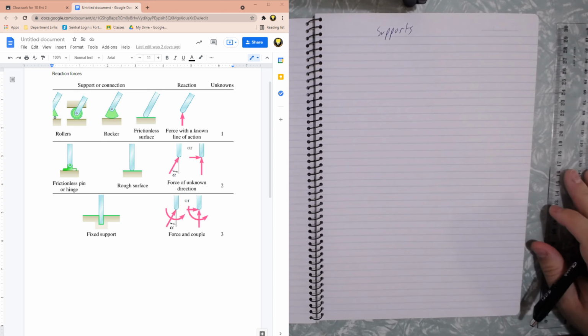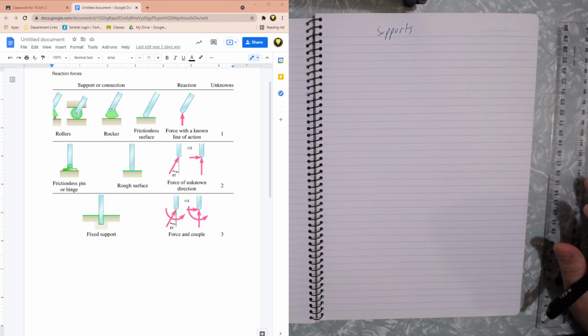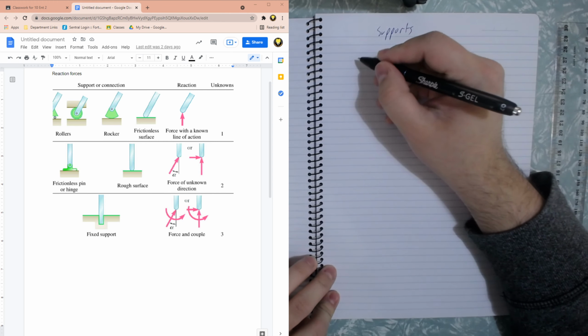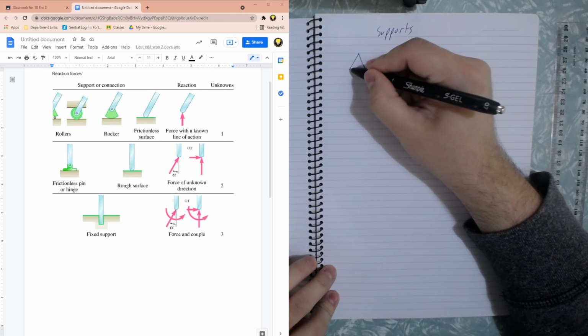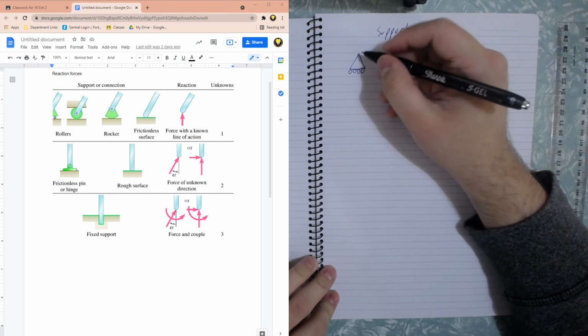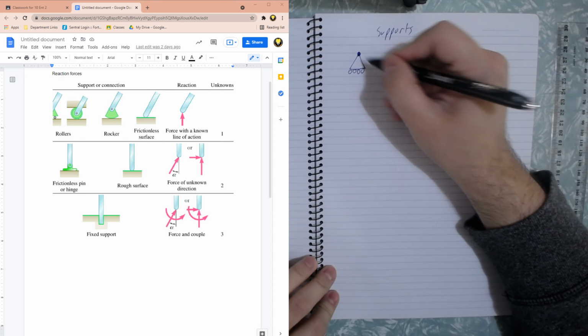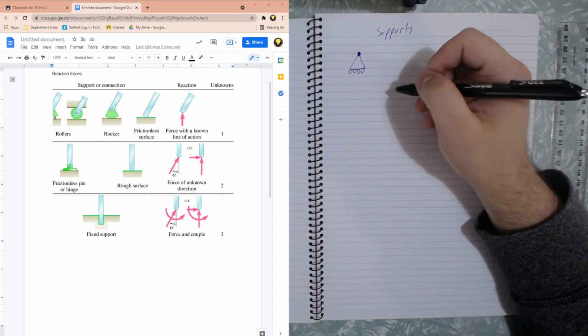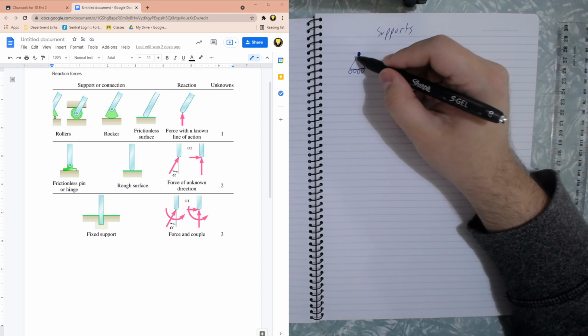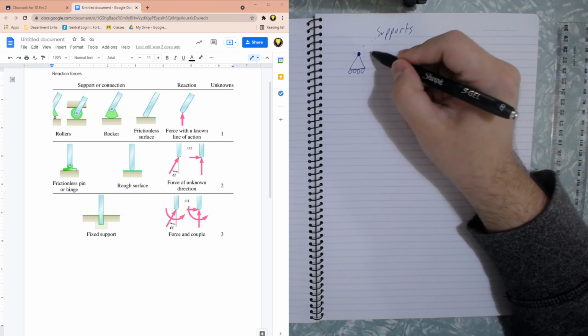Right, the first type of support we have is what's called a rolling joint or a rolling support, or rockers, frictionless surface. When you're drawing it in a free-body diagram, it is going to look like a triangle with some sort of rollers underneath it, and you're going to give it a little dot at the top. How this joint works is if it is connected to a structure, like a bridge like this,